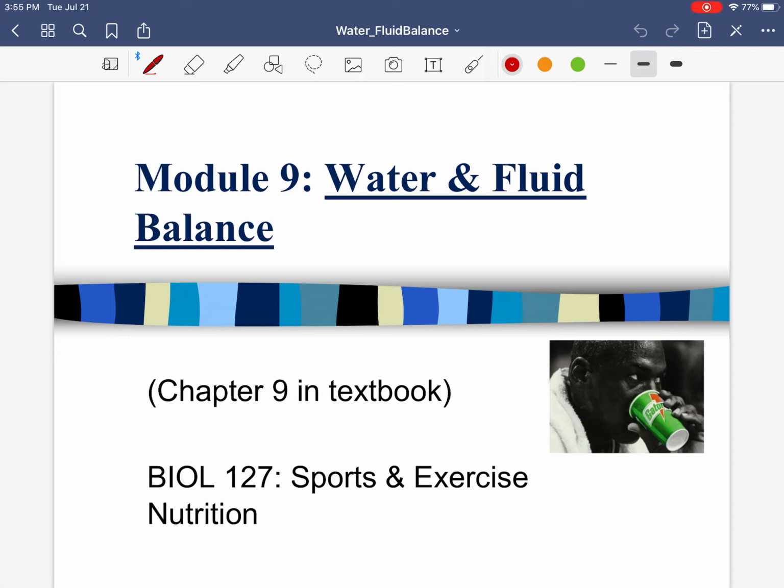Now we're about to enter a pretty big block. So I call it here Module 9 because I believe it's Chapter 9 in the Jenkins text. But this module,